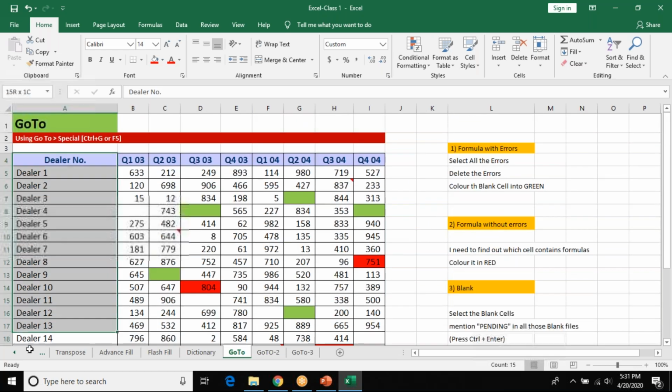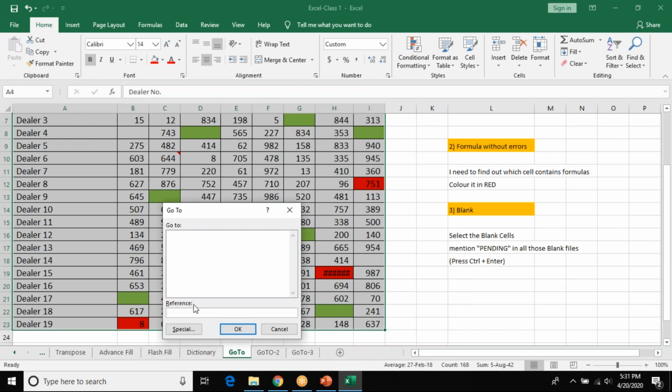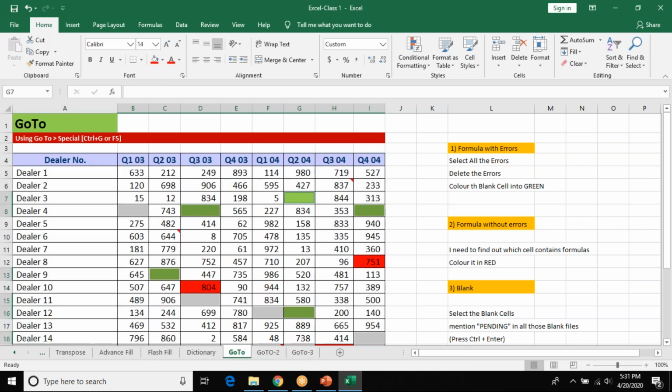Same thing, select this, Control G, special. Now click on blanks, because it is asking to select all the blanks, and click on OK. Now all the blanks are selected. Now I will type pending. Okay, and Control Shift Enter.